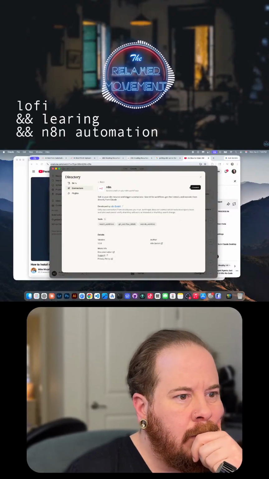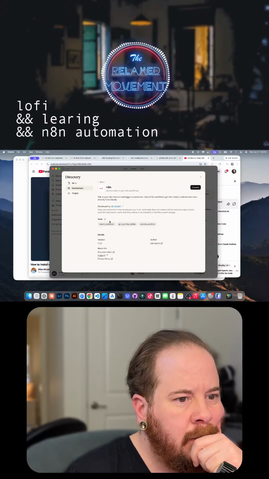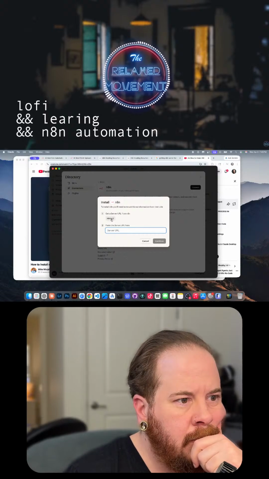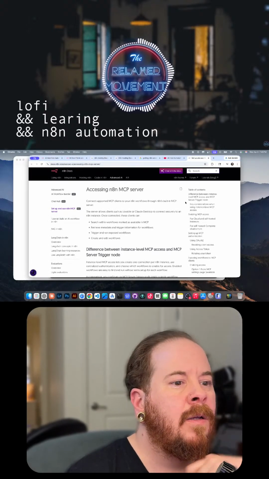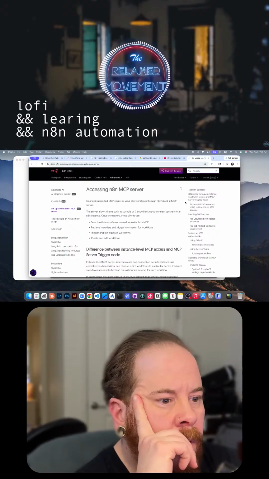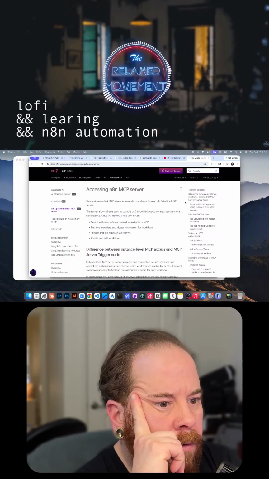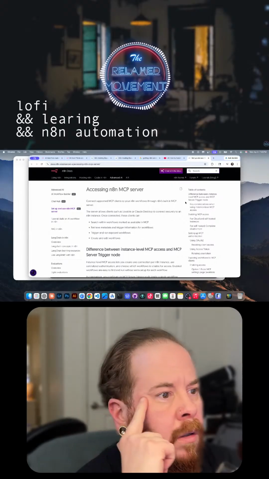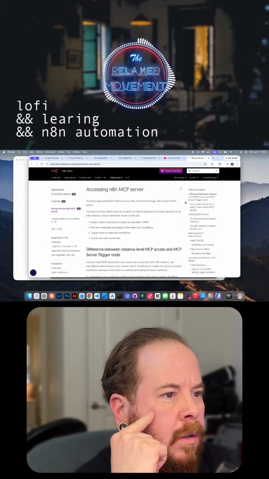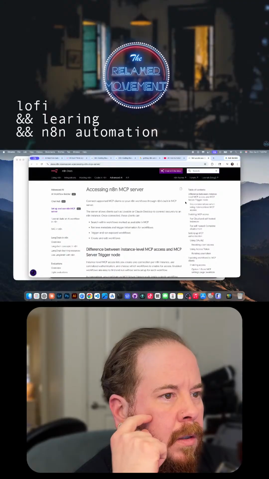I'm trying to figure out what is the difference between instance level MCP access and MCP server. Connect supported MCP clients to n8n.